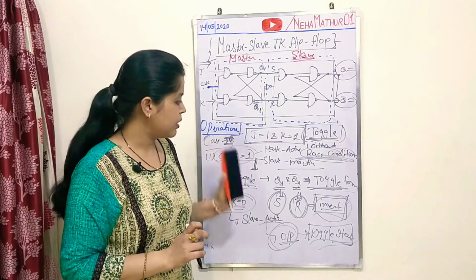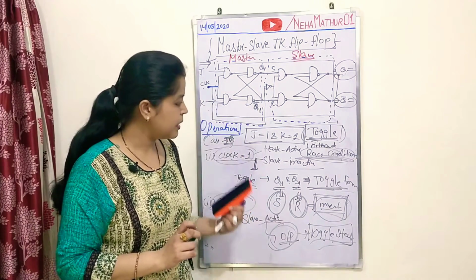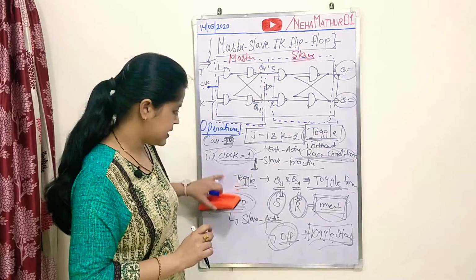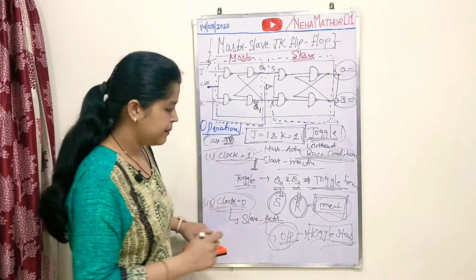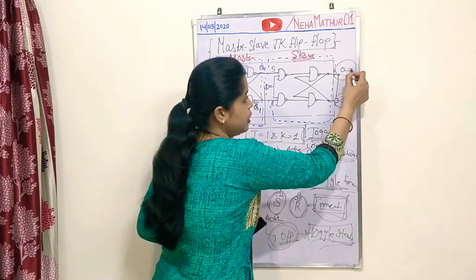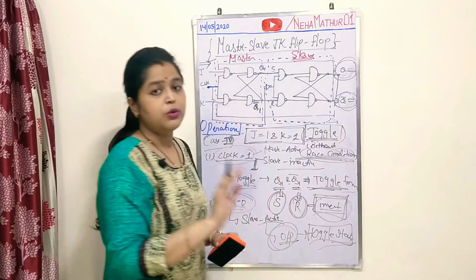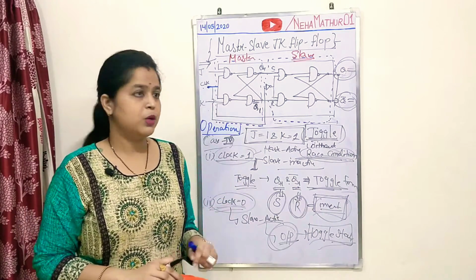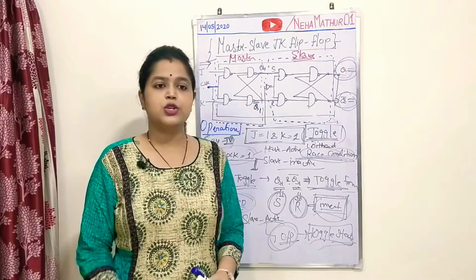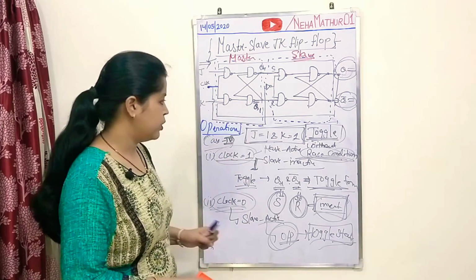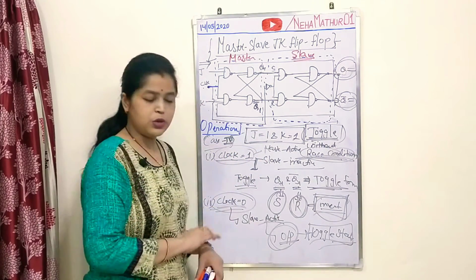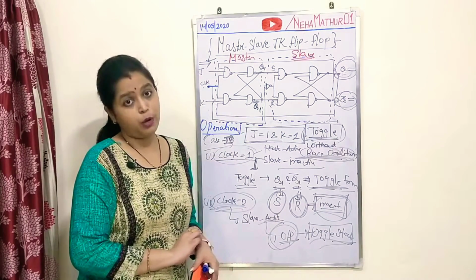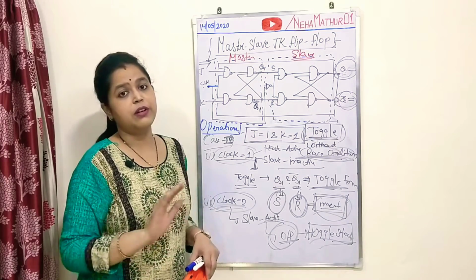So the race around condition is overcome here, because with these two steps your toggled output, or your changed output, is now not affecting your main inputs. So the race around condition can be overcome from here. In your fourth case, when J is equal to 1 and K is equal to 1, this case avoids the multiple toggling problem, which leads to avoiding the race around condition.